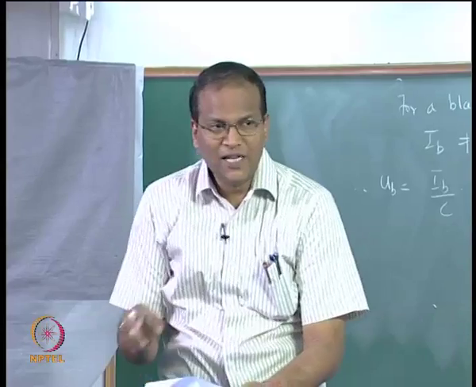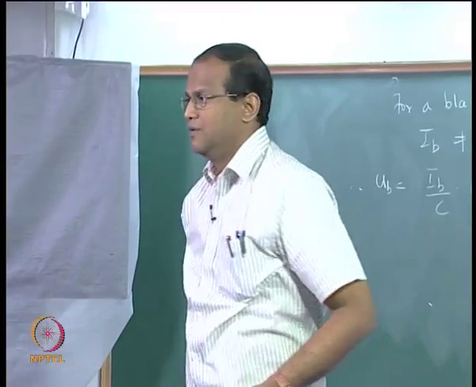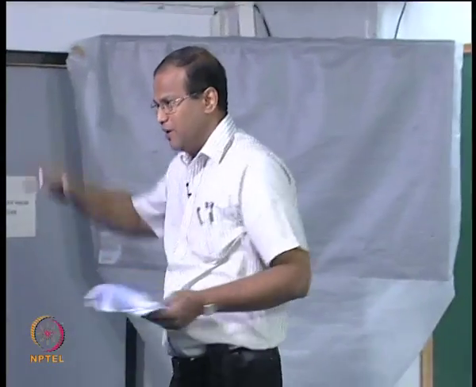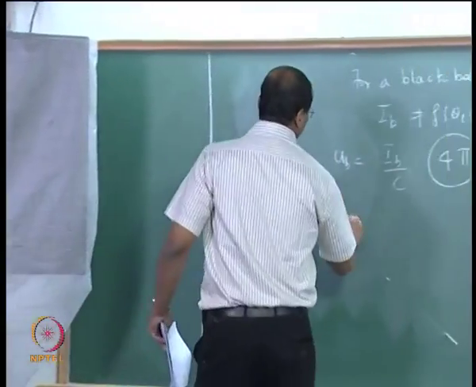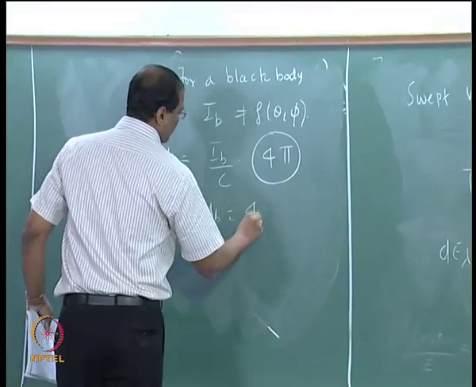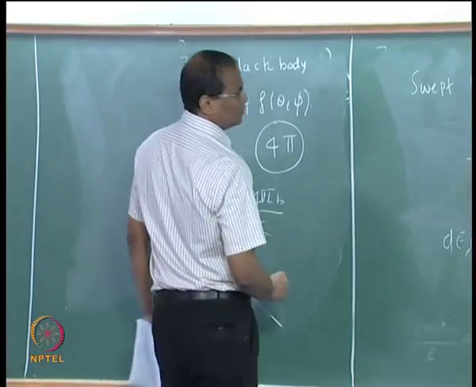I am not taking radiation heat transfer between one surface to another surface, from the top of one surface to the top of other surface. Are you getting the point? So the 4 pi will come. Therefore, so 11, 12,